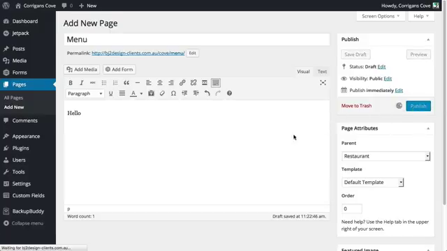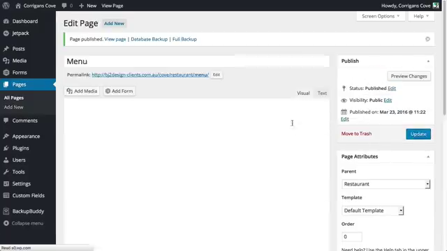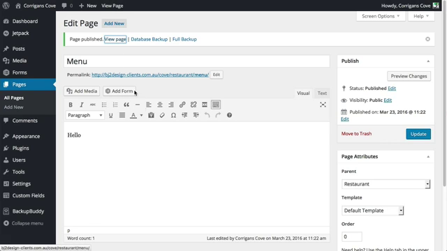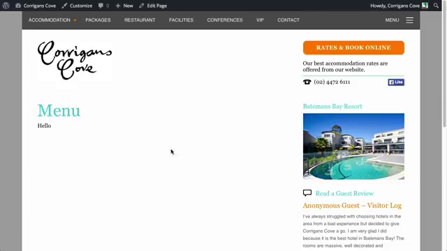So we've created a new page called menu, click publish. It's going to click view page. Yep, we can see that that's been added there correctly. And when we go up to restaurant, you'll see that it doesn't actually have the drop down option there. And the reason why is because we needed to add it to the actual navigation menu system up